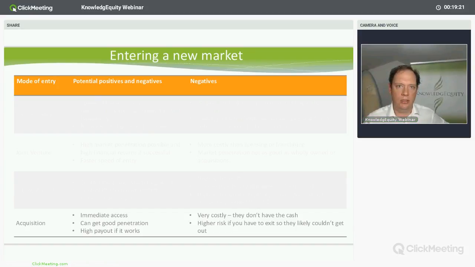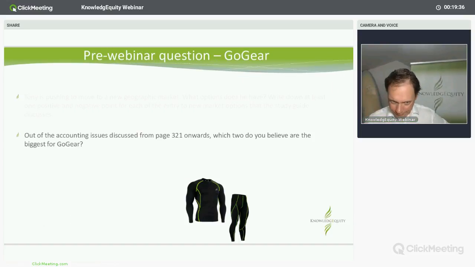There's no right or wrong answer with this. So there's exam questions on it. I think they were around give 2 positive and 2 negative points about licensing. Give 2 positive and negative points about wholly owned operations. Right? Bang, they're there. You can do it. The written questions, not MCQs.